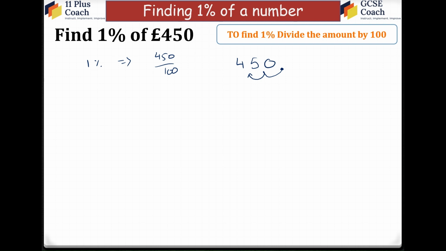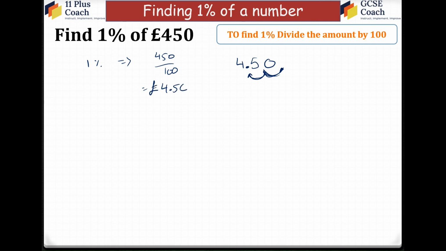So all the digits will shift two places to the right on the place value grid. And the effect of that would look like the decimal place has moved two places to the left of the number. So it starts at the end of the number. So you move two places to the left and you end up over here. I always make this little dip and go in between the numbers to show that I've moved one place, then the next place over here. The answer will be 4.50, because it's money, you must write two digits after the decimal point for pennies. So the answer in this case will be